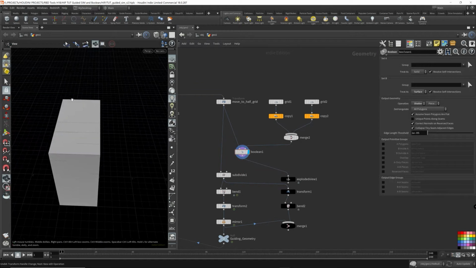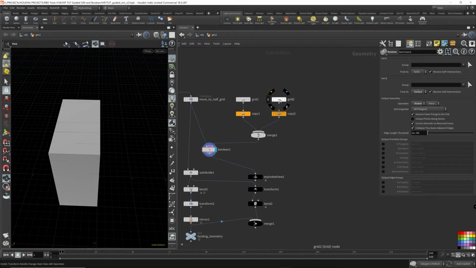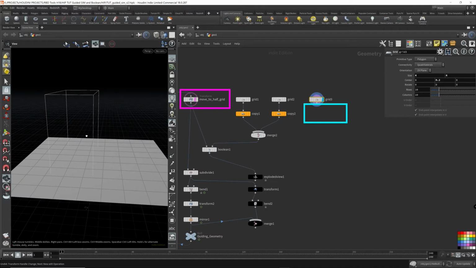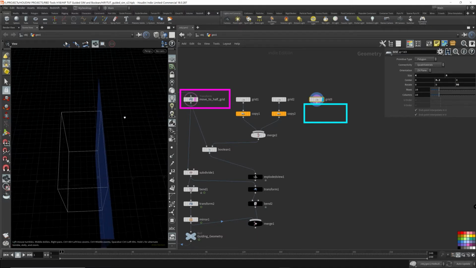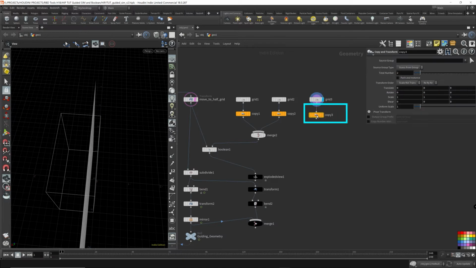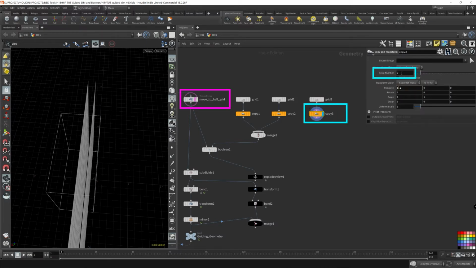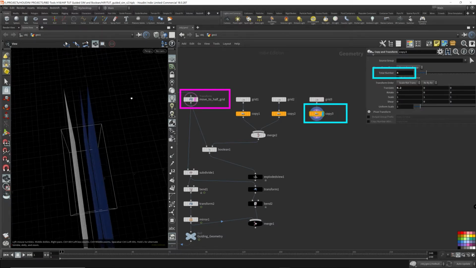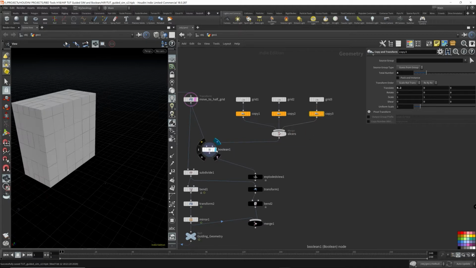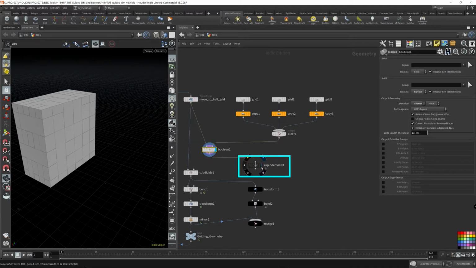Now we need a slice in the middle here too, so let's add another grid. Oh, not this one. Let's copy that over here. Template original, rotating on this side. Let's move it over a bit this way. Okay. Next, copy and transform. Okay, and add more. I think that looks good. And then merge it with, so these are my cutters, let's call it slicers. Oops. Render the boolean, exploded view, so we know what's going on.